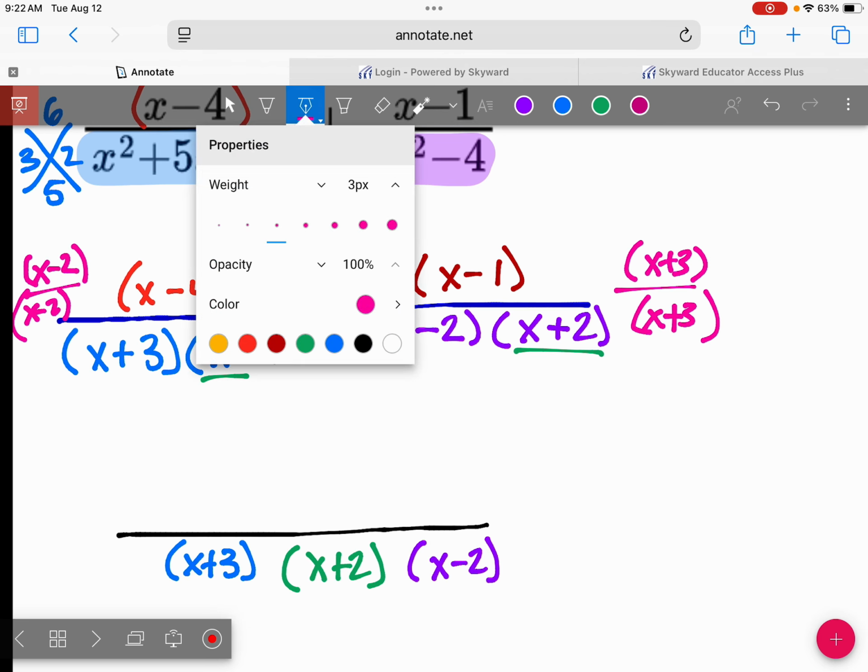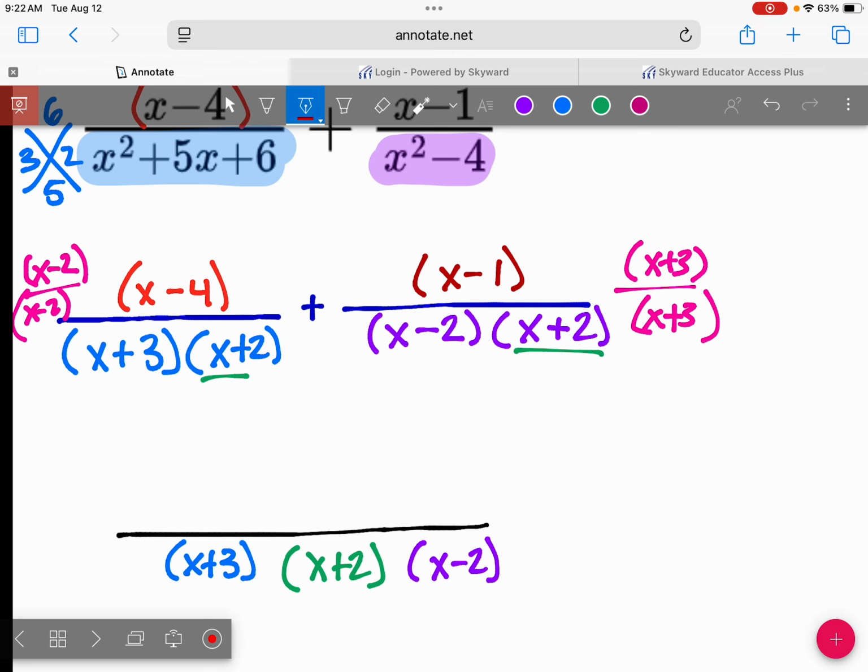You can do it all into one fraction, so you don't have to write that numerator or the denominator a gabillion times, especially when it's addition because it doesn't play games with our signs. If it's subtraction, you just got to be really careful about signs. So as we're doing this,